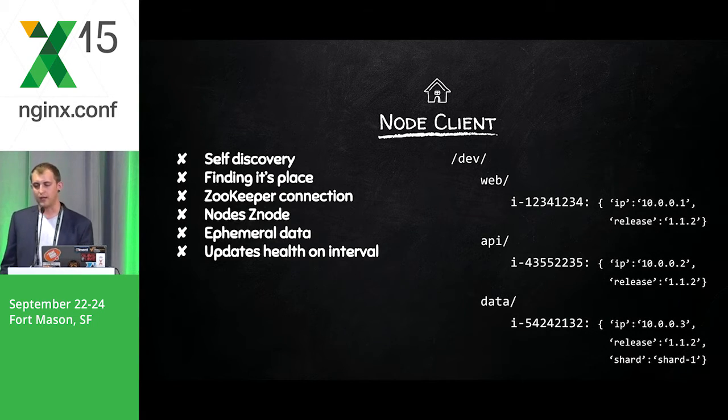We have what we call ephemeral nodes inside of this structure, meaning that if the connection is ever severed between the node and the Zookeeper, that node will then disappear, which means that we don't have to clean up after ourselves. It's done for us. And if there's ever a blip in connectivity, then we're no longer routing traffic to that host.